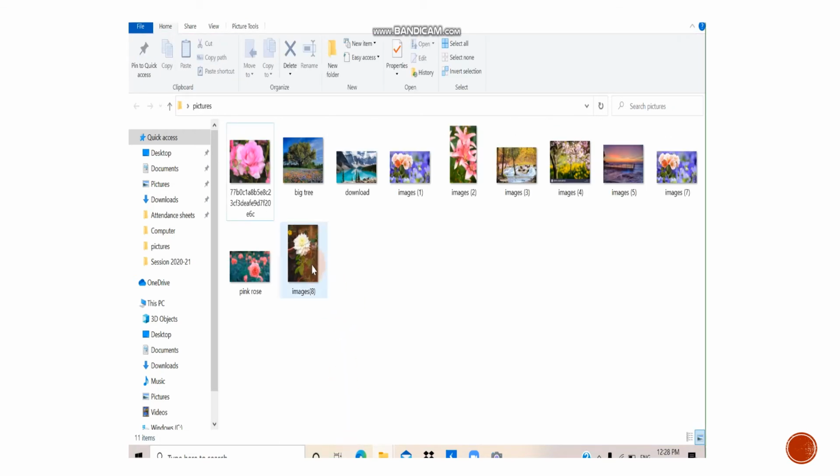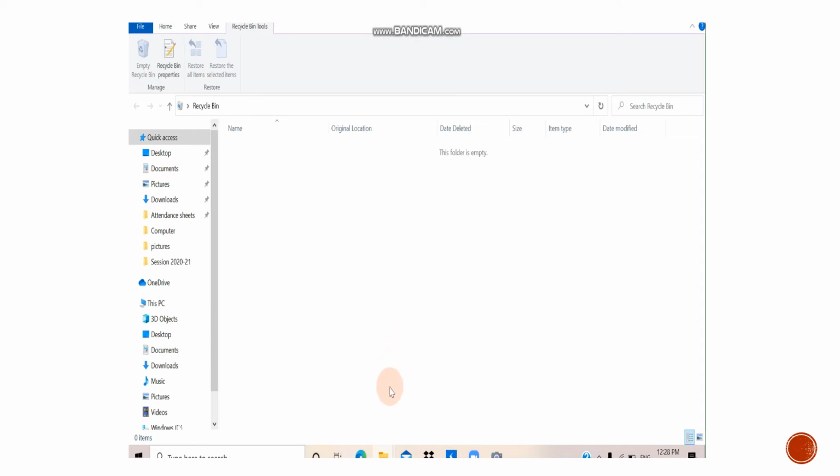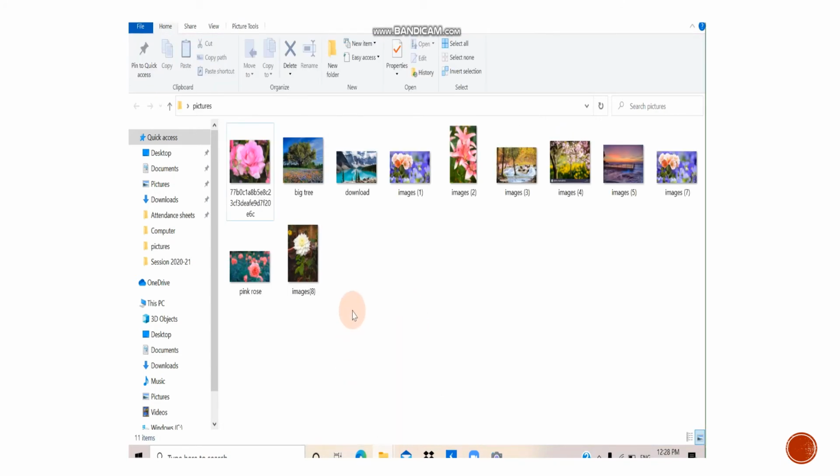You can see these both pictures have come back. So it has been deleted from the recycle bin and it is now again present here. I hope children you have understood how you can delete the files and folders or how you can restore them back.